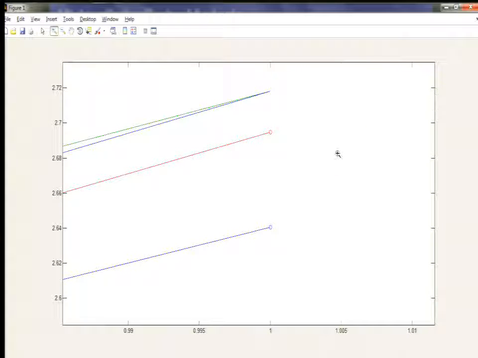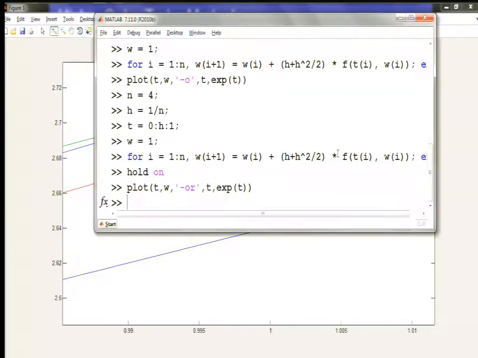Remember, for Euler, it was approximately scaling with h. So when I divide h by 2, the error divided by 2. Now it's supposed to do it approximately by h squared, which would be 1/4 when I divide by 2. It doesn't look like it, it looks like a third. That's because we're not quite in the convergent regime. If I do one more,